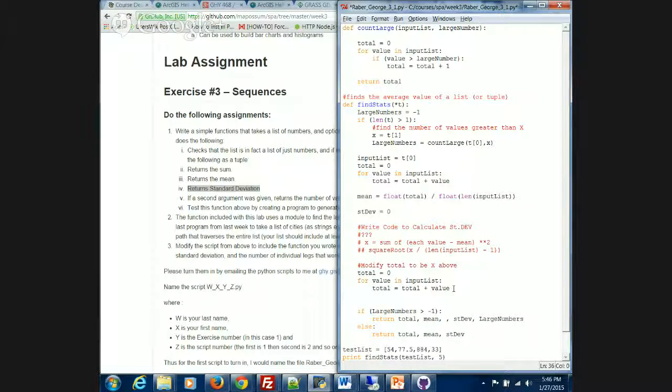I'll put a line like this so that you'll know this is what you've got to modify, everything between here and there. You've got to change total so that it doesn't equal the sum anymore. It's actually this: each value minus the mean, squared. So total is going to be total plus